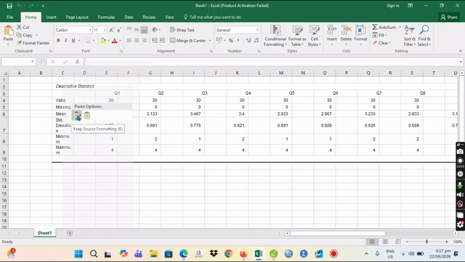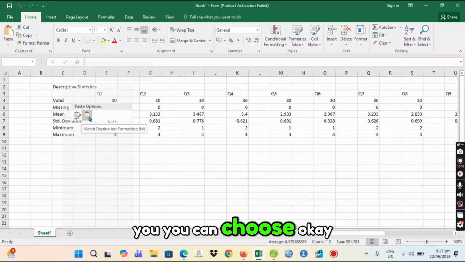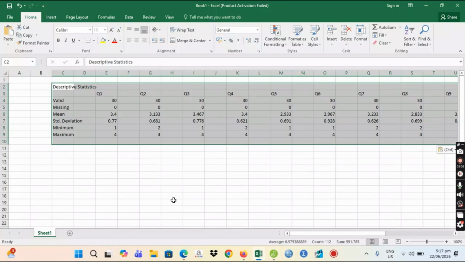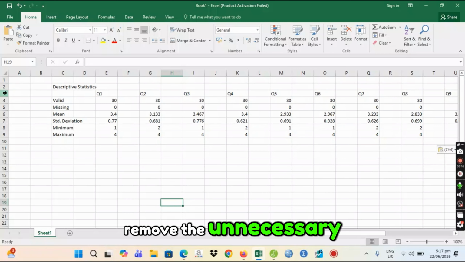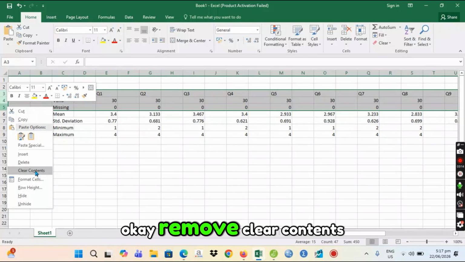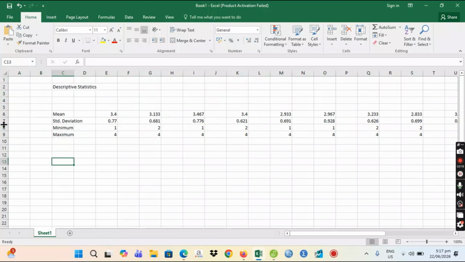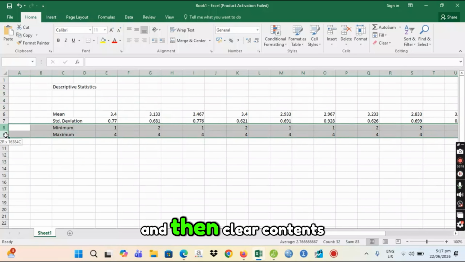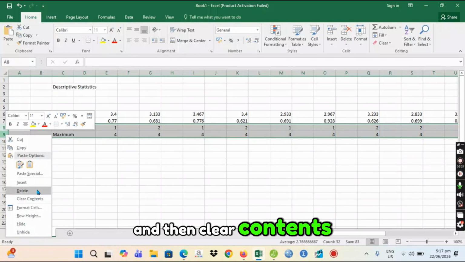So just paste. You can choose. Okay, this one. So let's see, we can remove the unnecessary. Okay, remove, clear contents.